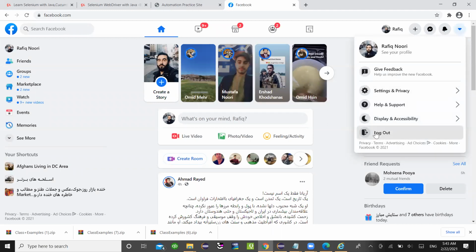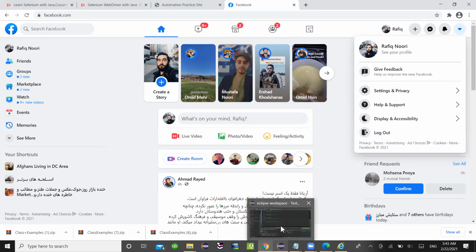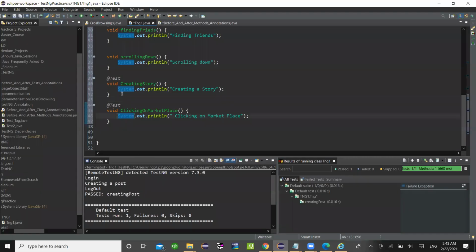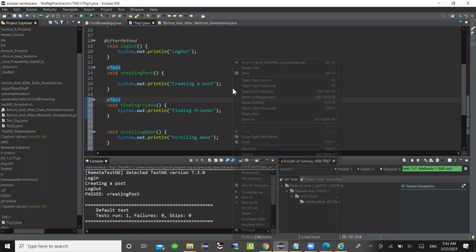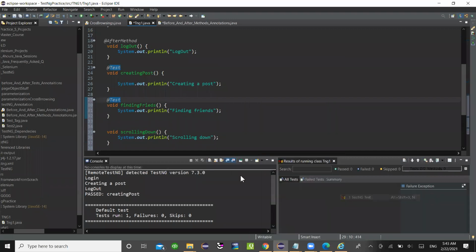Then you log out. So for login and log out, you don't need to use everything different times. Okay, this is the after and before method. They're going to be executed before every method that you use a test annotation. Now, if I run this again,